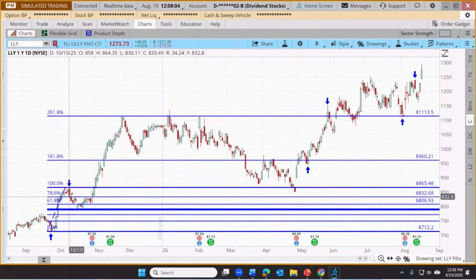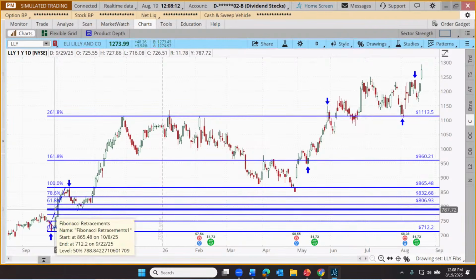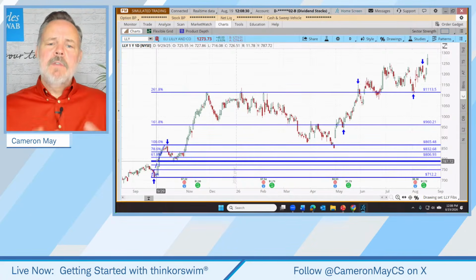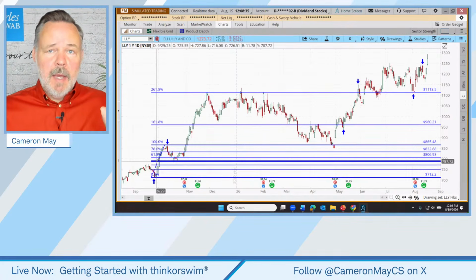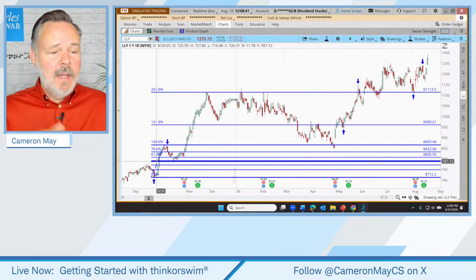And those lines have associated values. 261.8, 161.8, 100, 78.6, 61.8, and so on. So where do these values come from? Well, we actually borrowed these from mathematics. They're generated from something known as the Fibonacci sequence of numbers. And additionally, there's a ratio of those numbers. There are potentially important ratios of those numbers that are used in mathematics, and trading has just borrowed that. So if you want to go see exactly the Fibonacci sequence, if you want to see those ratios being demonstrated, go watch that video that I mentioned.